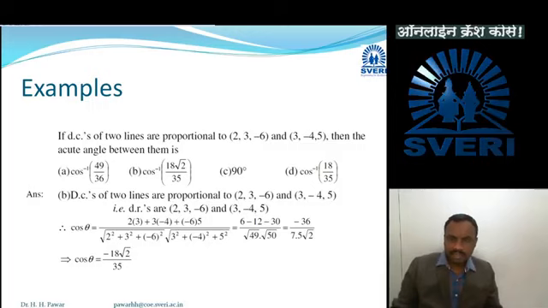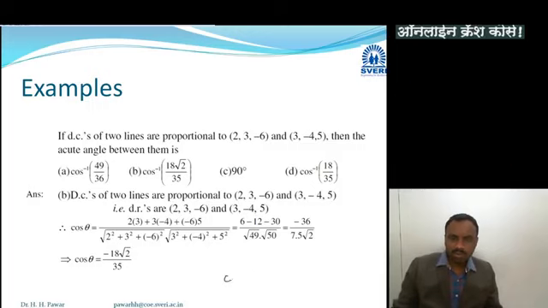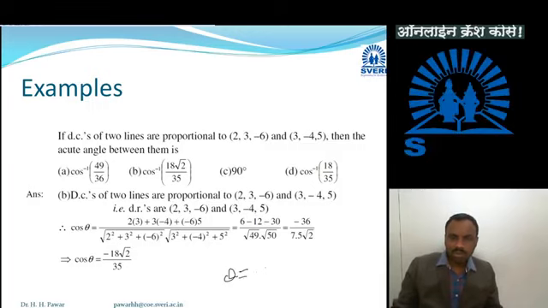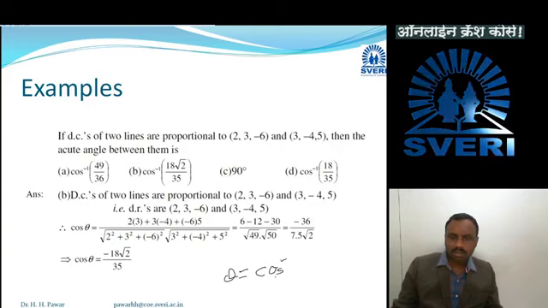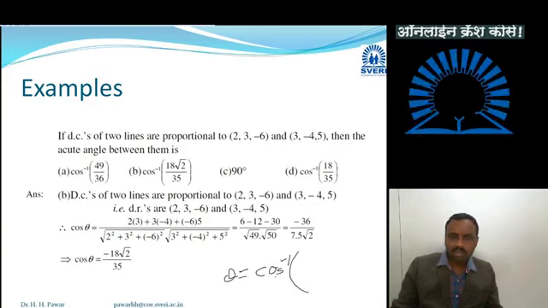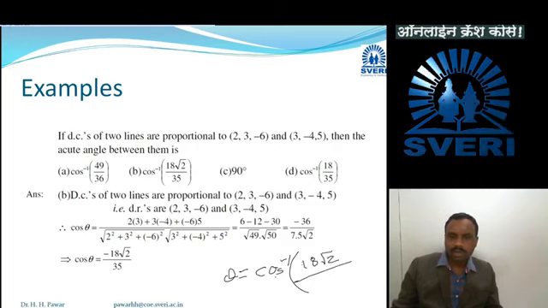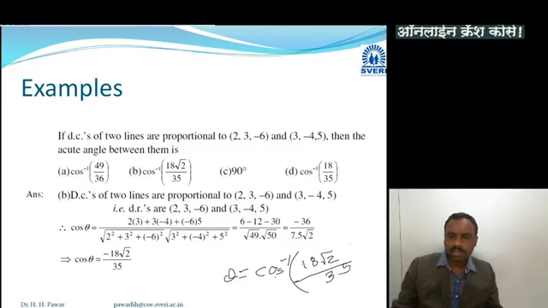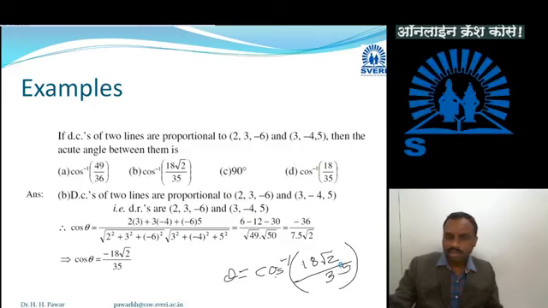Hence theta is equal to cos inverse 18 root 2 divided by 35 in this case. Next one,